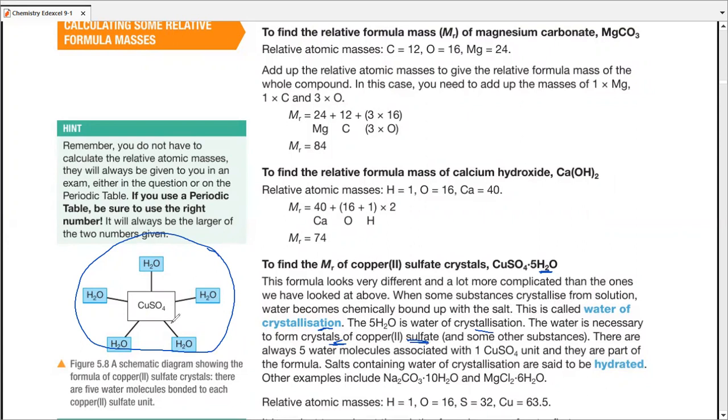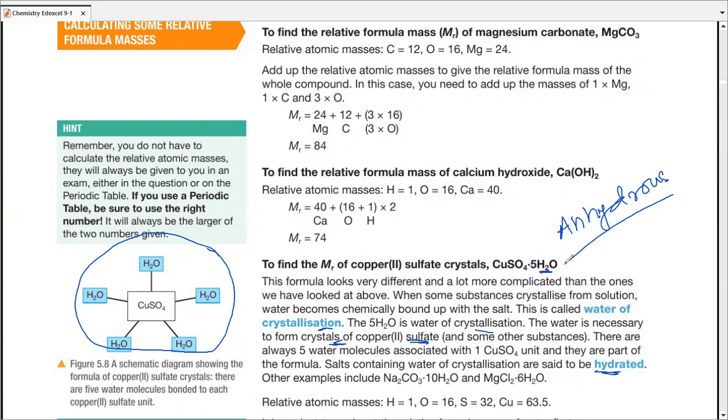If you take this water out, copper sulfate becomes white. If you add this water back in, copper sulfate becomes blue. They literally change their colors with and without the water of crystallization, so it is important. Remember, five water molecules are attached to only one molecule of CuSO4. That's how we write it. With water, we call it hydrated salt. Without water, we use the word anhydrous salt, which we are also going to cover in upcoming chapters,